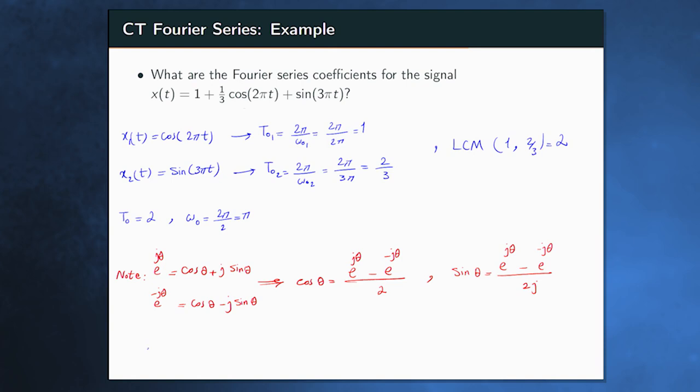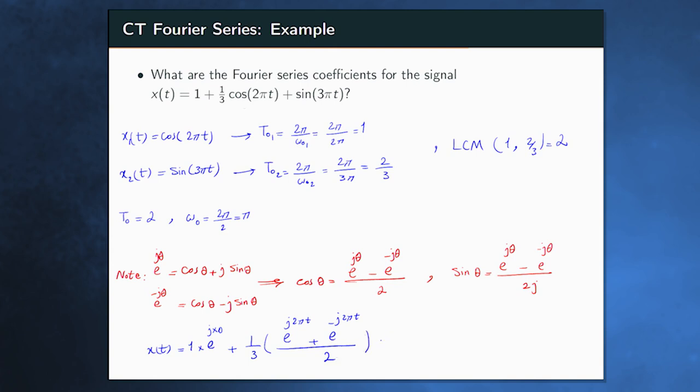I have x of t equals 1 multiplied by e to the j 0, because 1 is multiplied by 1, plus 1/3 multiplied by, instead of cosine of 2 pi t, e to the j 2 pi t plus e to the minus j 2 pi t, divided by 2,